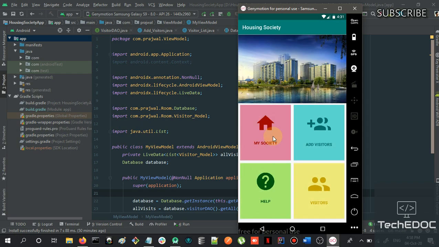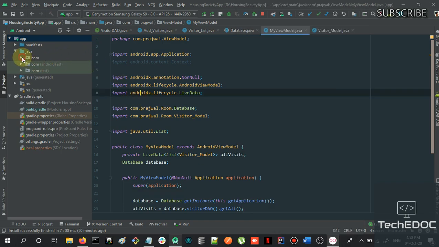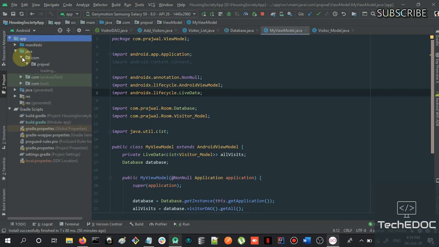The architecture on which I have created this app follows the MVVM architecture, as you can see in the code over here. I will show you the project flow.